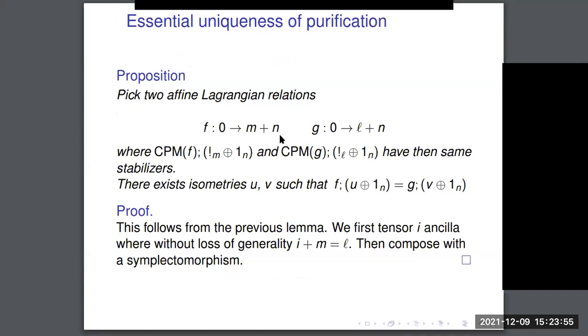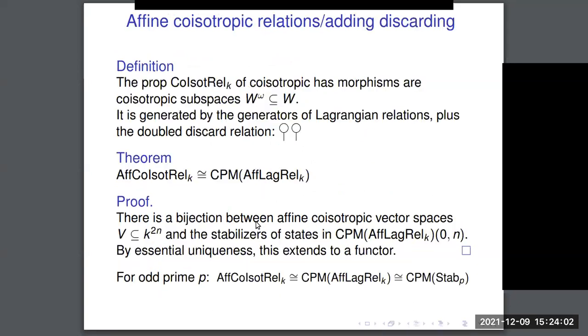Okay, yeah, then you can do this, get the essential uniqueness of purification, which shows you what characterizes the stabilizers a bit. Okay, and now this is the part that I think is kind of cool. Just as there's a prop of Lagrangian relations, there's also a prop